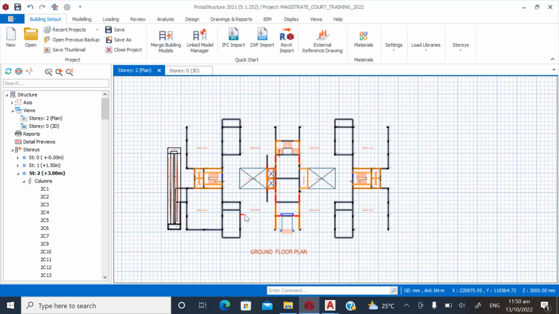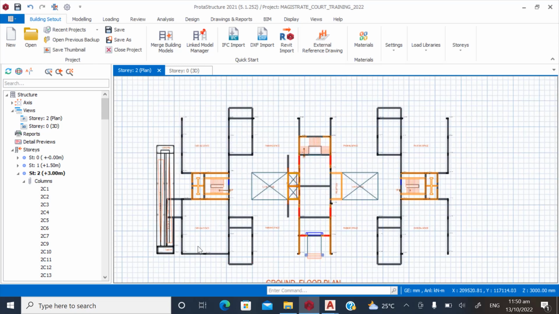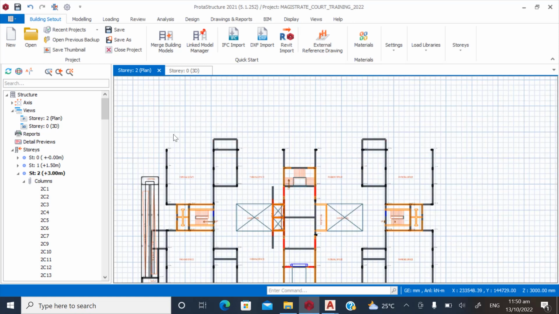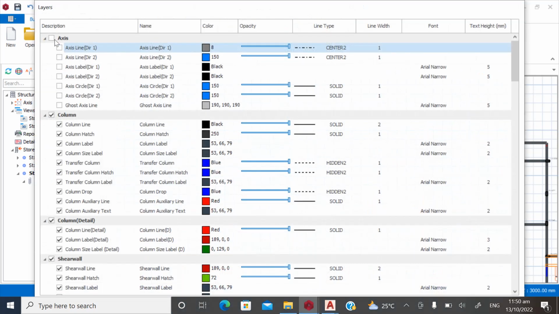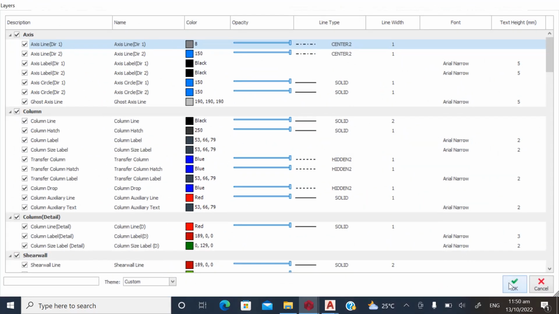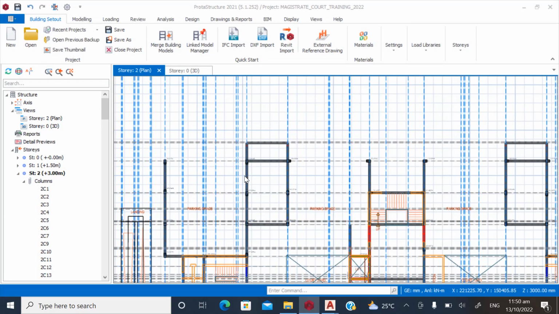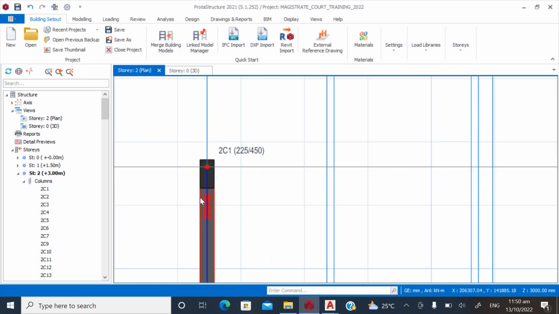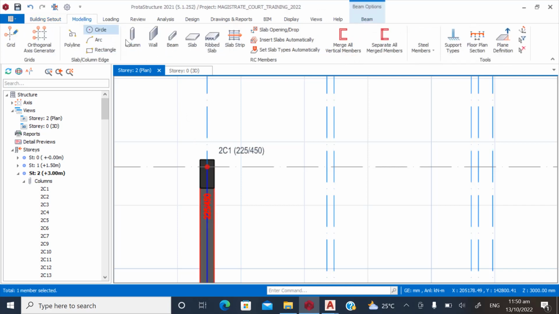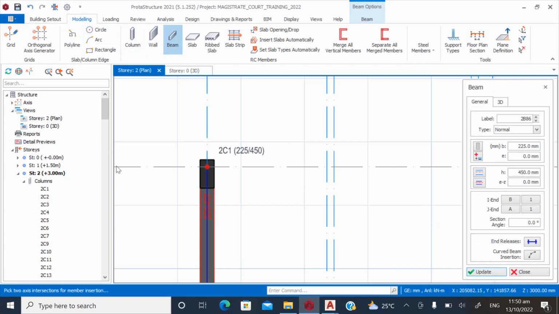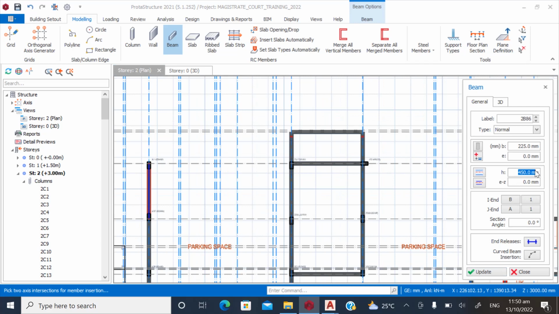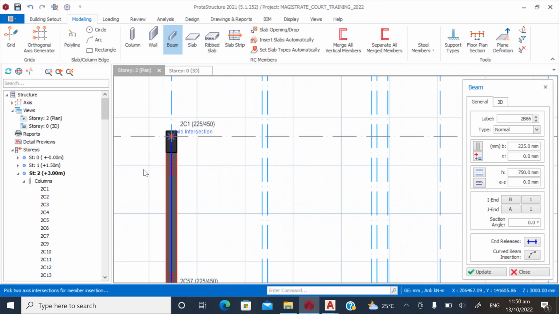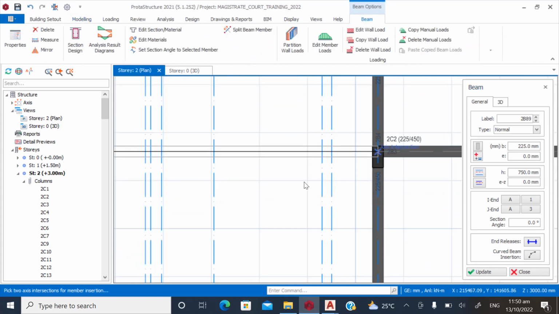So now there's need to reposition the beams. So now we go back to settings, go to layers and make the houses active. Okay. Alright, now we just select a beam, go to modeling, then beams. But in this case, now we have a longer span, so let's make this 750. Then from here to this point,